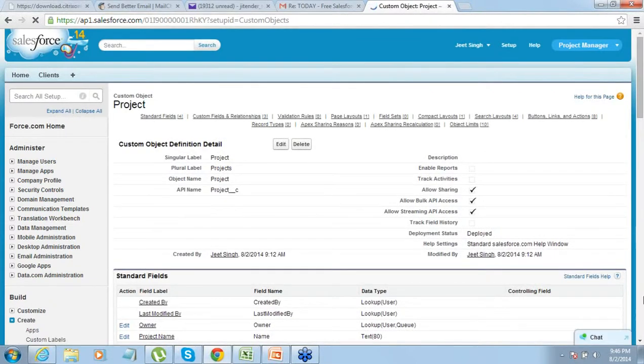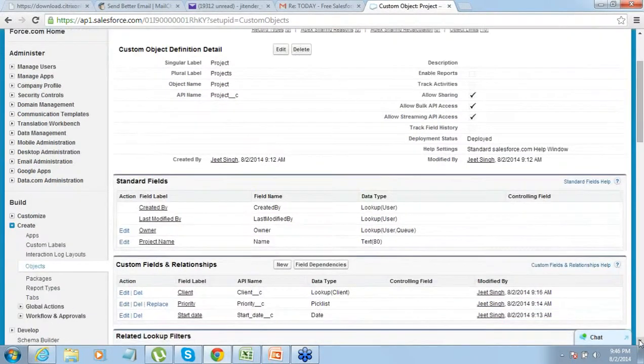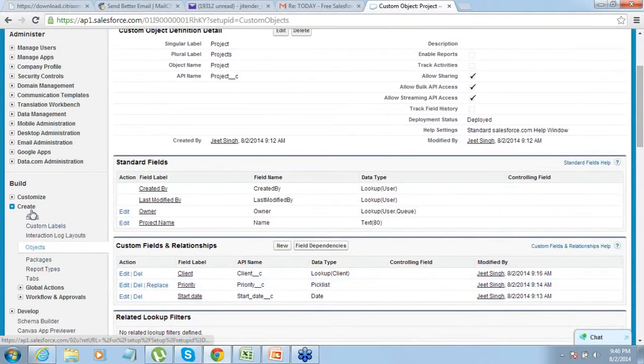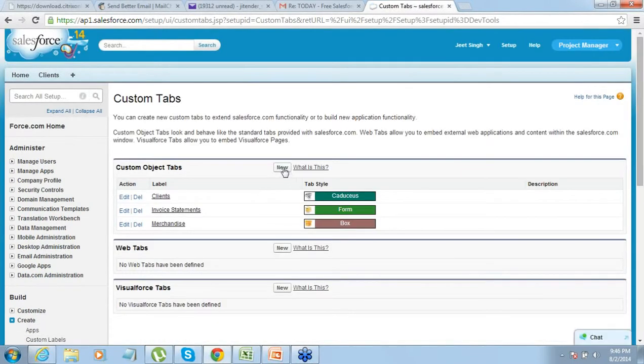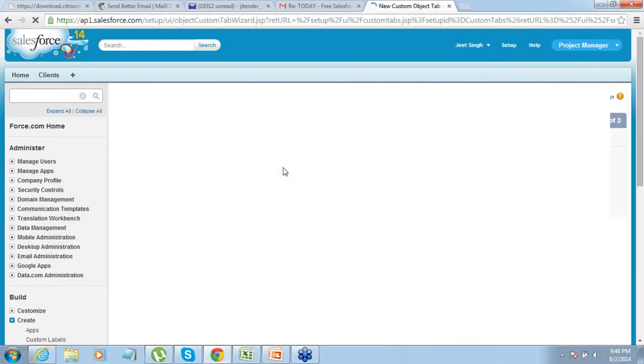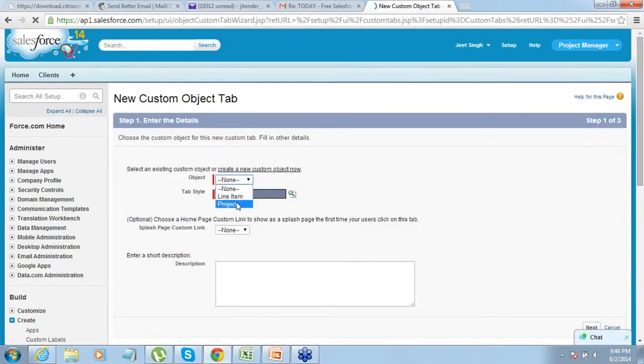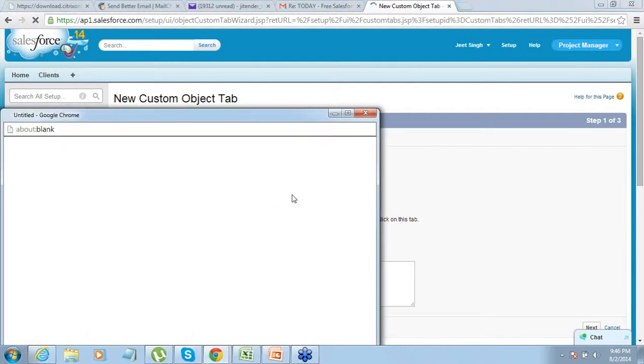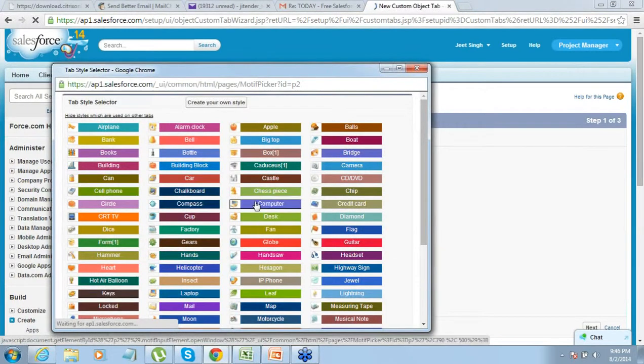Okay, now your project object, once it is ready, what do we need to do here? We do not have any tab for project to access the project object. So we just simply need to go to our create tabs, and we'll create a tab for this object as well. So just go to create tabs, new, and here we go, project, tab for project object.